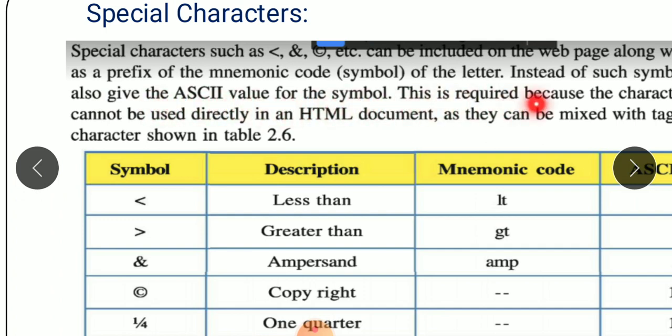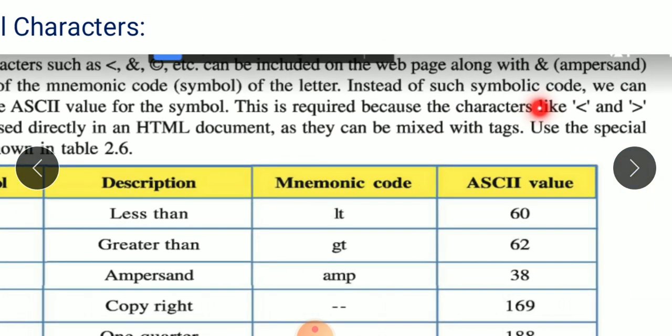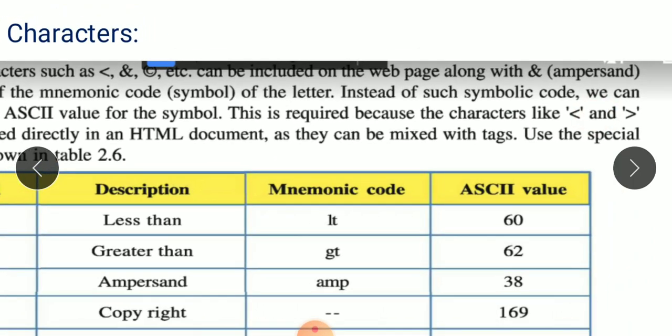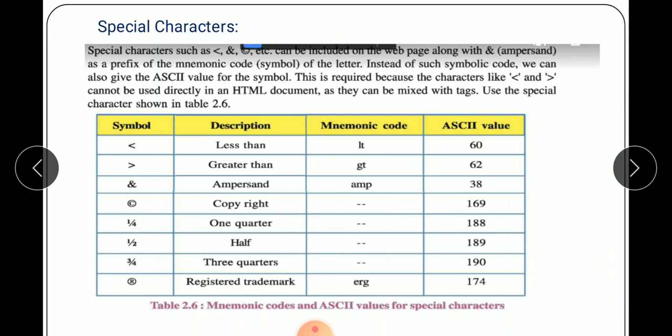This is required because characters like the less than and greater than signs cannot be used directly in an HTML document, as they can be mixed up with tags. Use the special characters shown in the table below.